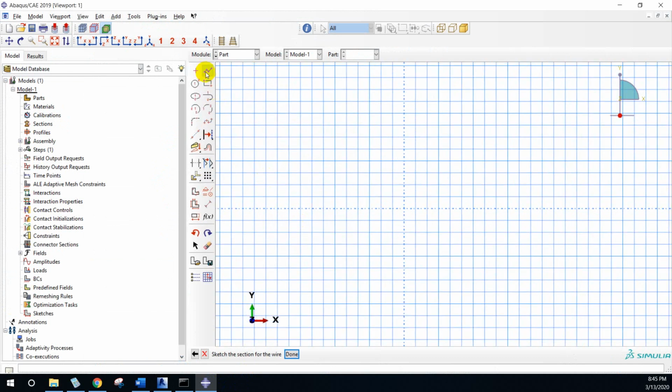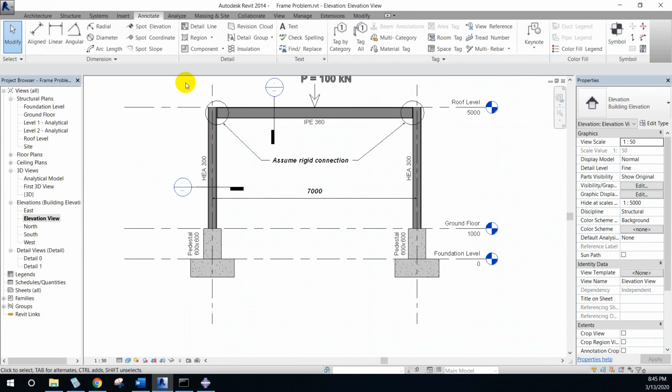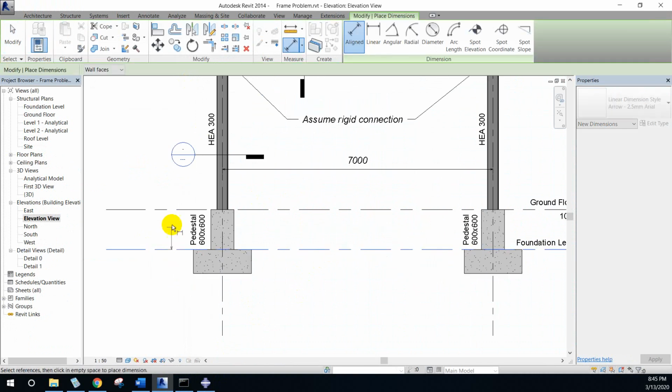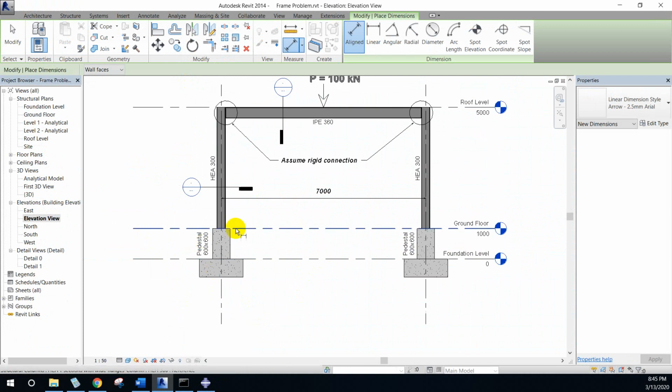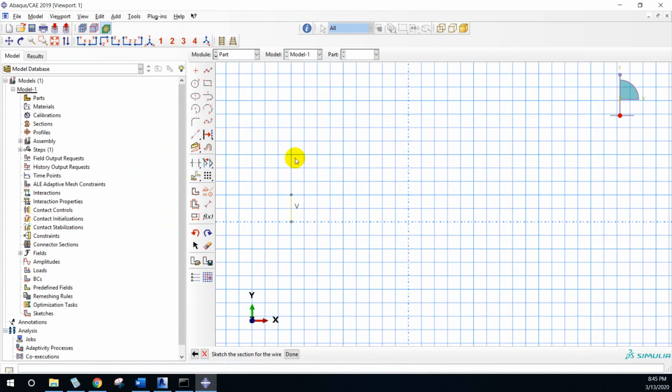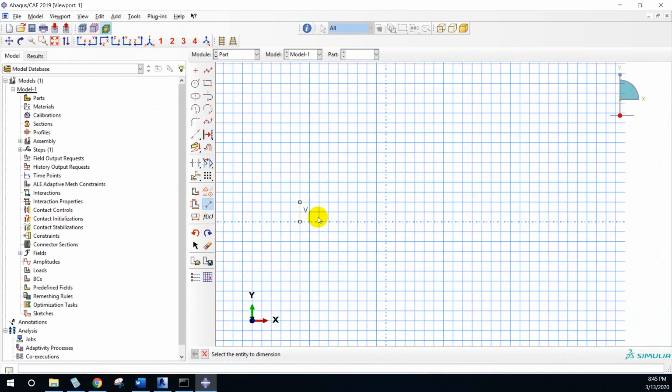Start the drawing process. Okay, this would be the column pedestal. The dimension of column pedestal is 1 meter, and the steel is 4 meter. So we have 1 meter,